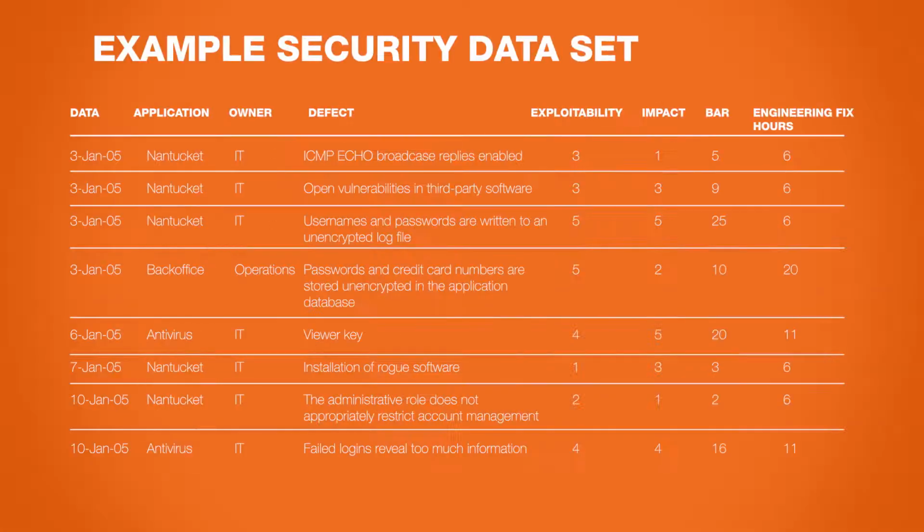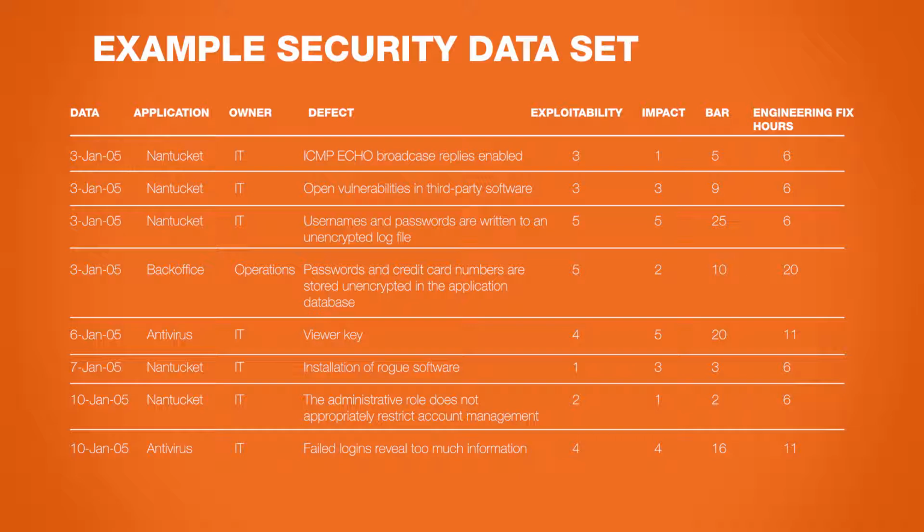For the purpose of the discussion, we are using a simple data set here, excerpted from Andrew Jaquith's book on security metrics. This is a table of application defects data that was collected during a recent risk analysis on its in-house developed applications. The goal is to analyze the level of security of all assessed applications. Each row is a record that embodies a core security event or concept, such as a security defect, privacy violation,